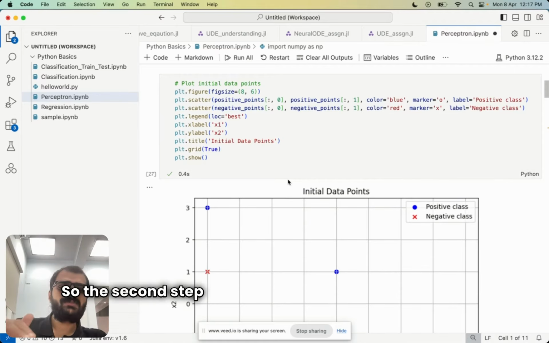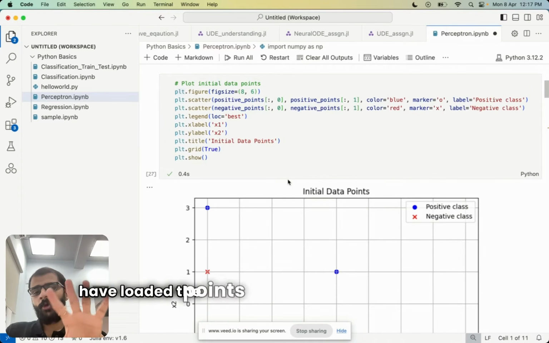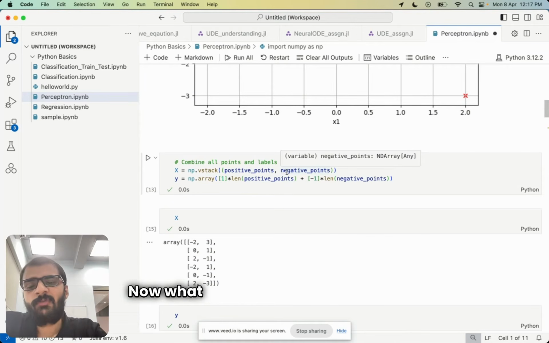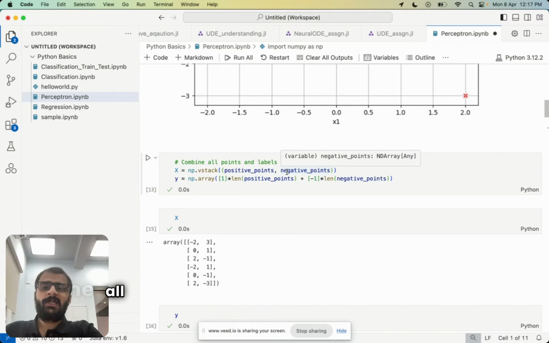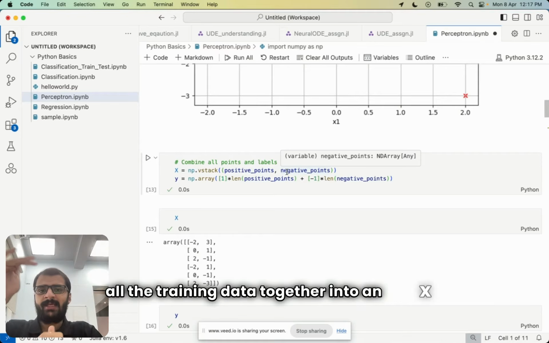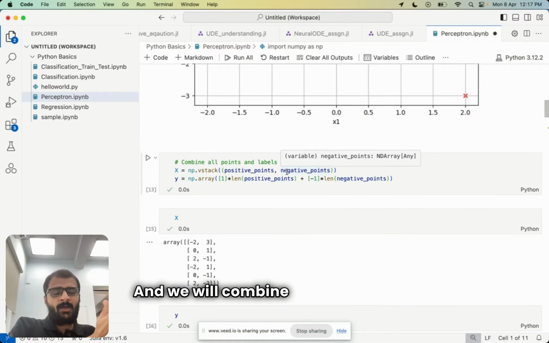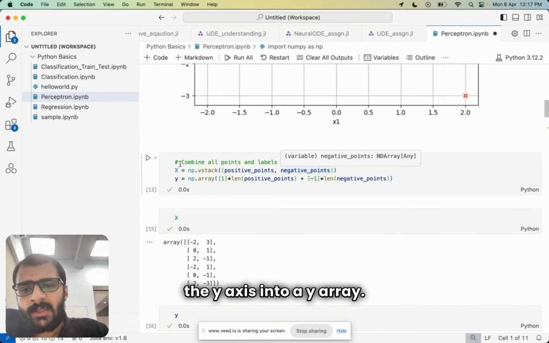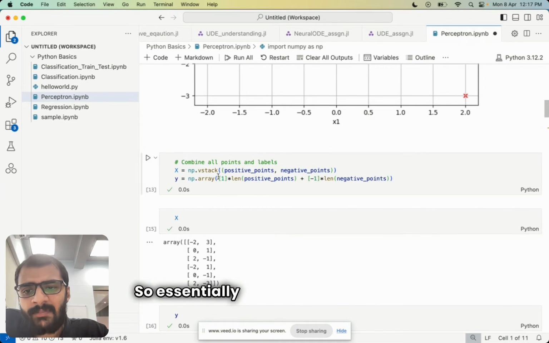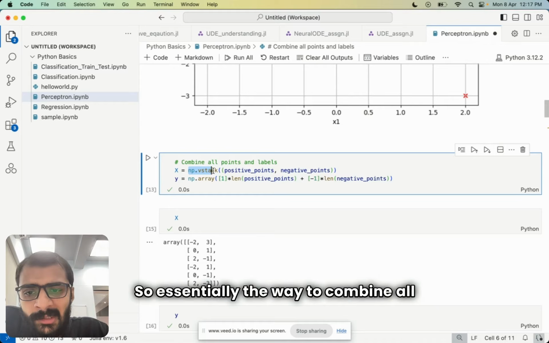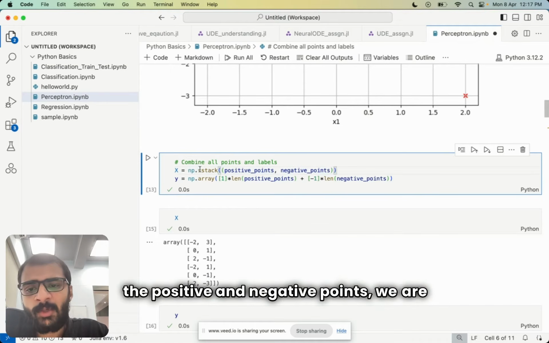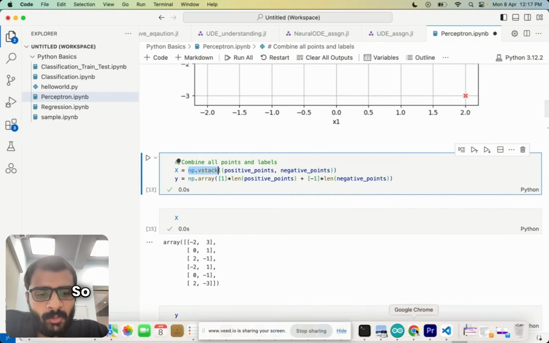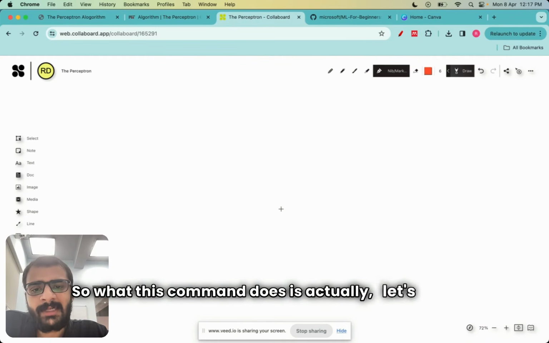Great. So the second step has been done, which means that we have loaded the points and we show them as a plot. Now what we will do is we will combine all the training data together into an X array, and we will combine all the testing data, or the Y axis, into a Y array. So essentially, the way to combine all the positive and negative points, we are using a command called np.vstack. So what this command does is actually,